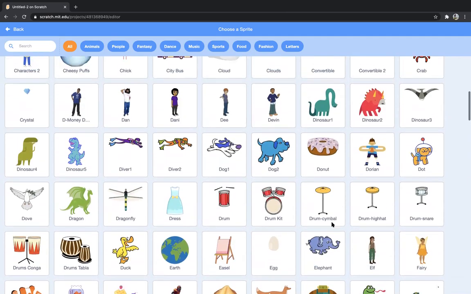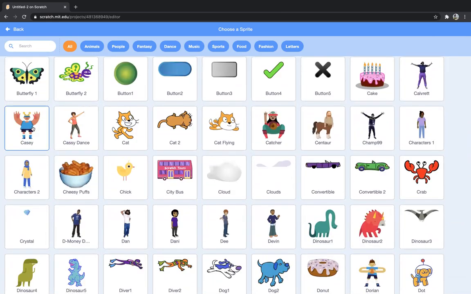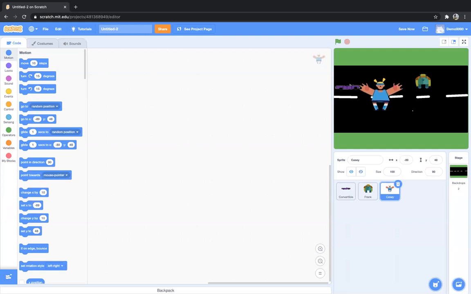Okay. Yeah, this one. Let's take this one. Now this is also very big. Let's decrease the size of this one as well. Let's make it 30. No, 30 is too small for him. Let's make him 40 or maybe 50. 40 is also way too small. 50. Okay, great. So these are the two obstacles.